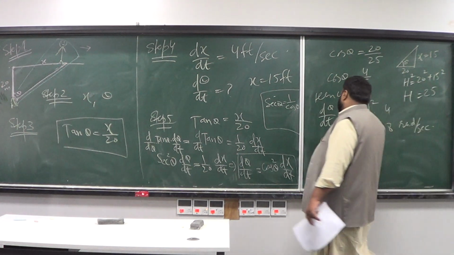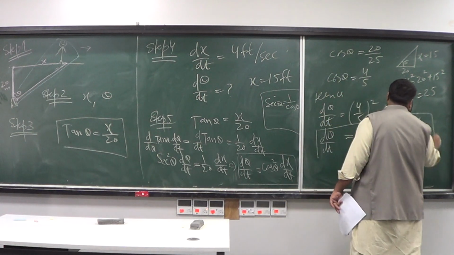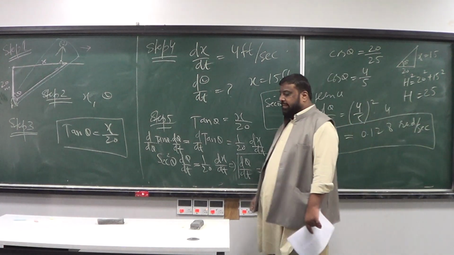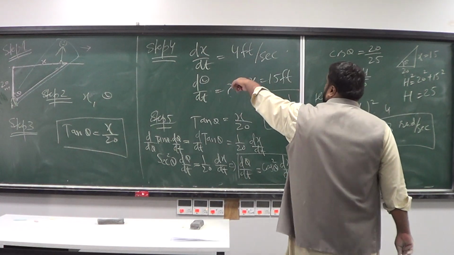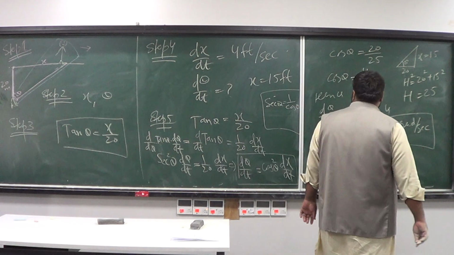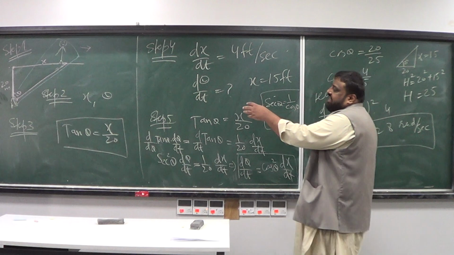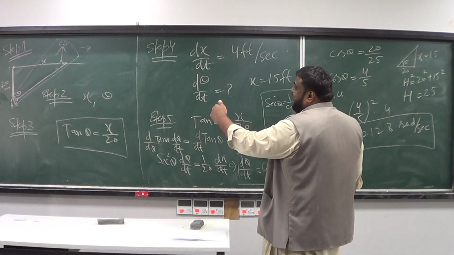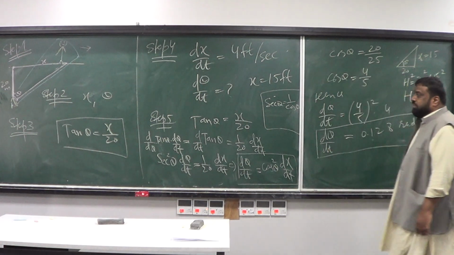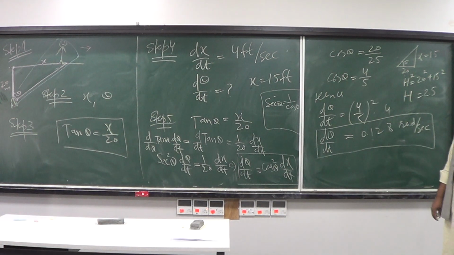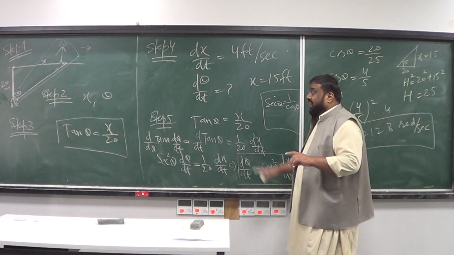So this is the rate. If a person is running away at the rate of 4 feet per second, the angle of this device should vary with 0.128 radians per second. Obviously, when this person is running,